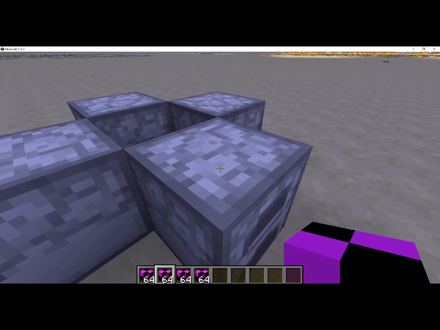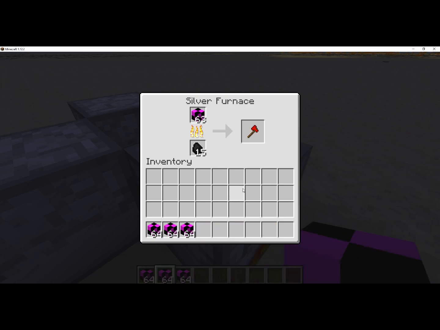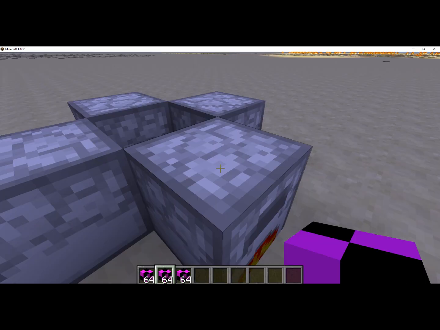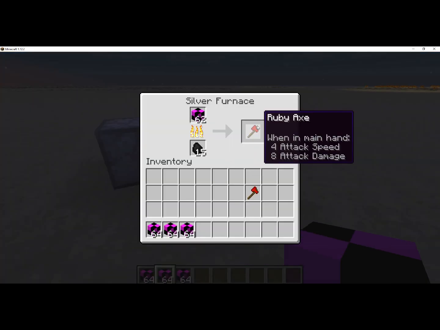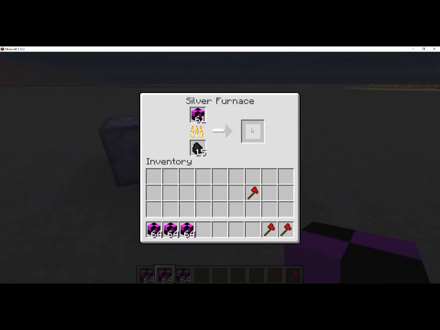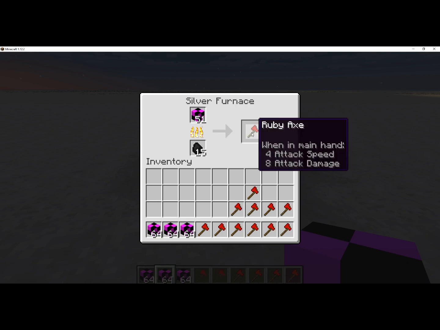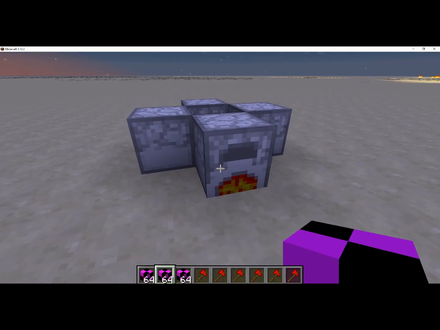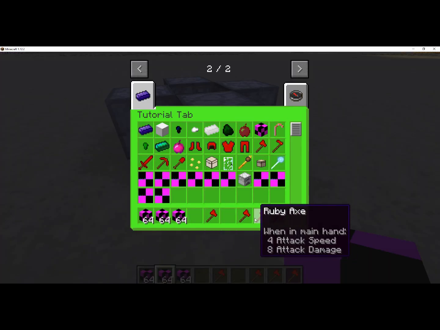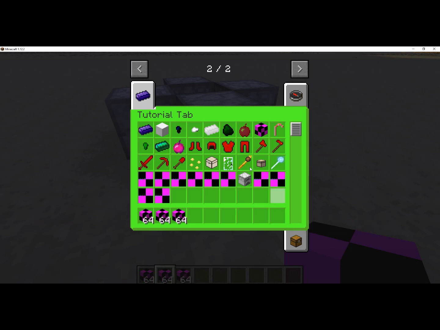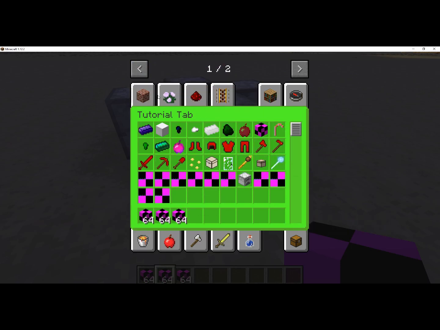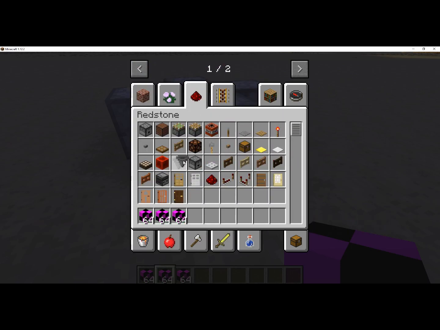Go ahead and grab 4 stacks of these. It should smelt. Obviously, it does. It's kind of annoying that we used Axe Ruby because, you know, it means we have to keep shift clicking. But if I go ahead and put myself a hopper underneath it,